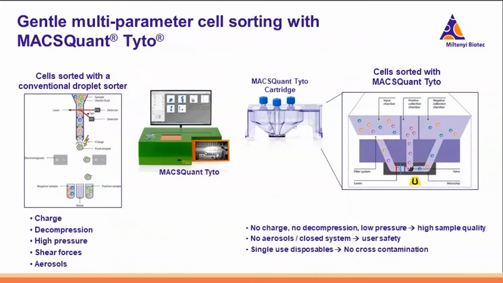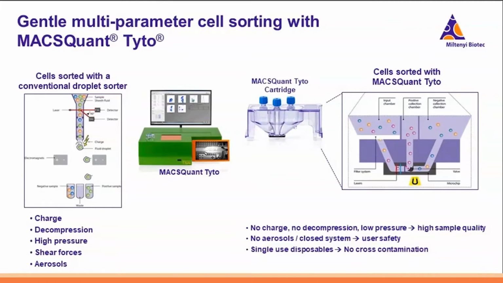Alternatively to magnetic cell separation, we can use flow cytometric cell sorting, which enables us to isolate target cells based on the combination of multiple parameters. However, commonly used droplet-based sorters can damage the cells during the sorting process due to high pressure or decompression within the fluidic system and electrical charges applied to the cells. This type of sorting also releases aerosols to the ambient, which can represent a potential threat when we work